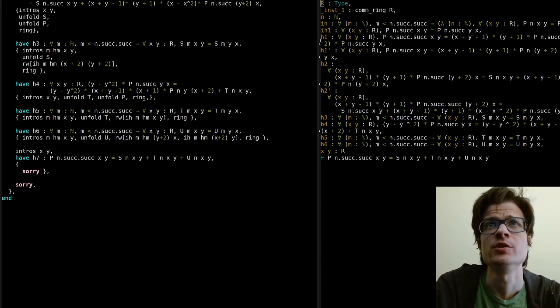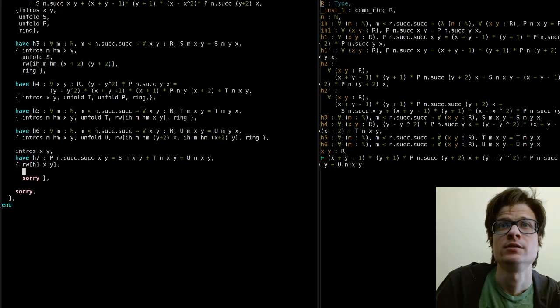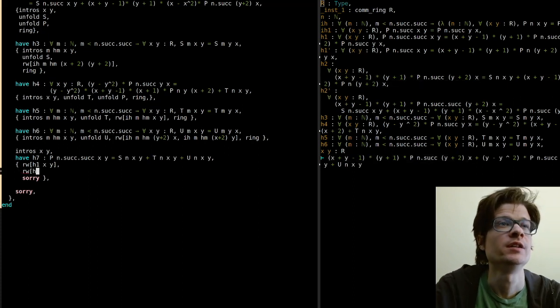So H1 was the first one, so I can say rewrite H1 x, y, right? Okay, that indeed does apply. And so now the thing that we have is this term, and indeed H2 should exactly match that. Okay, cool. So rewrite H2